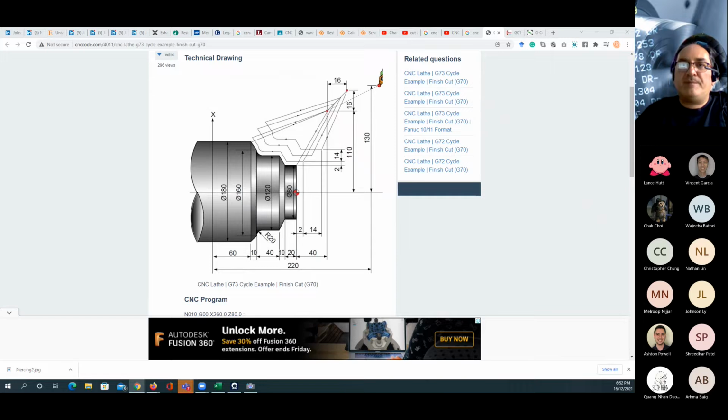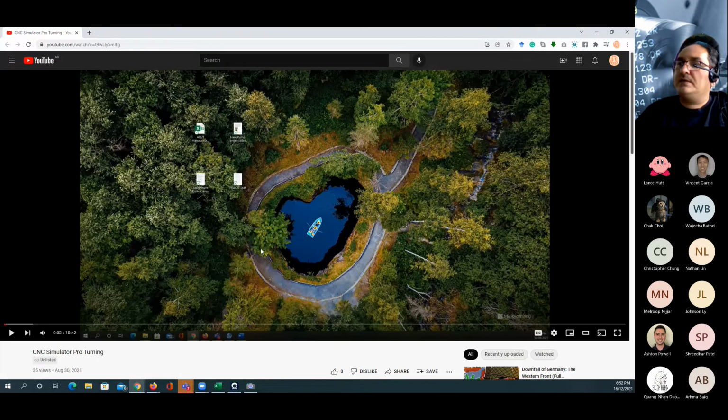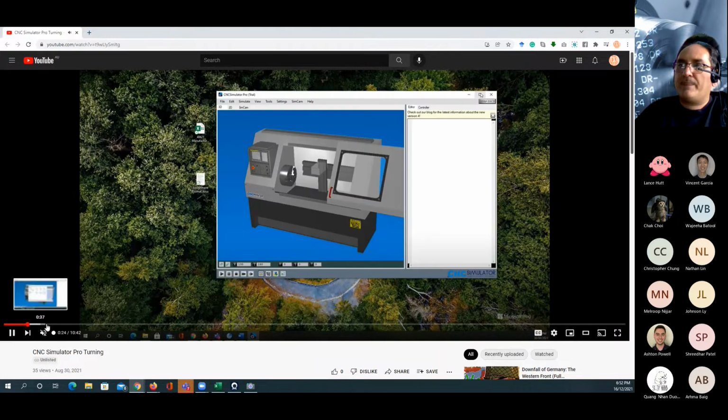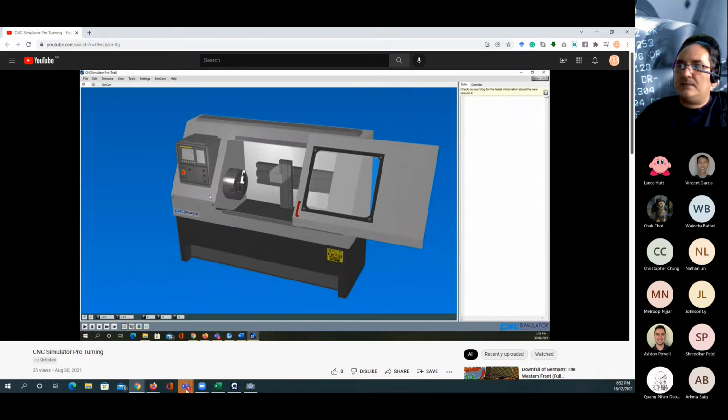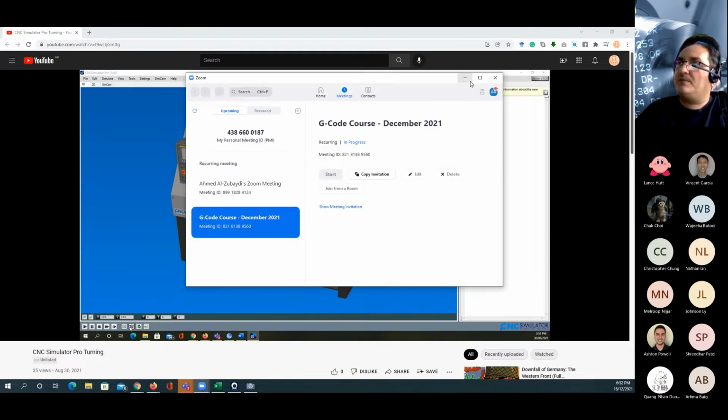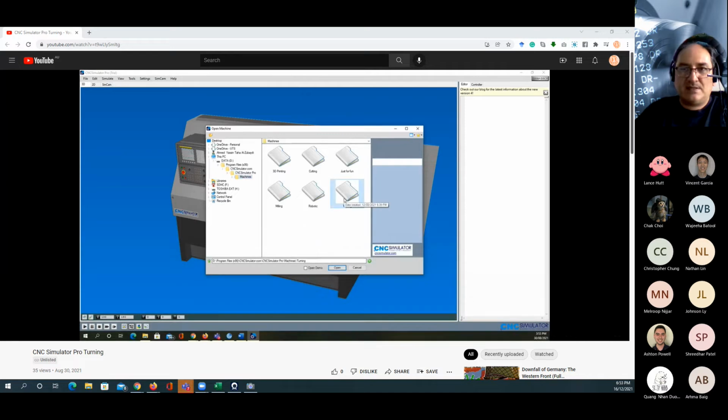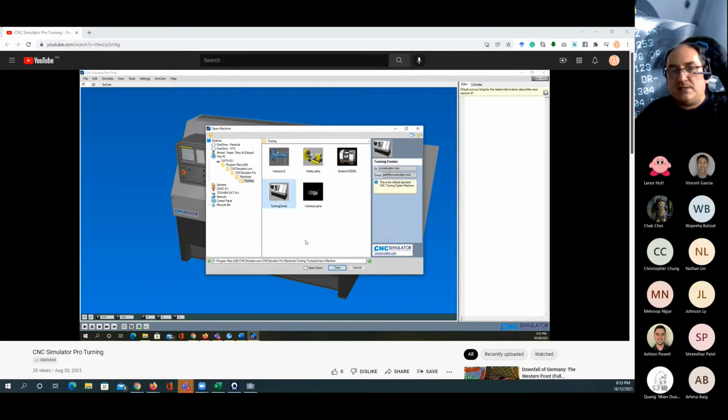Okay, so yeah, this will be the tutorial we have for the simulator for the case of the milling operation, turning operation. Okay, so this will be the link. I'm going to share this one here,